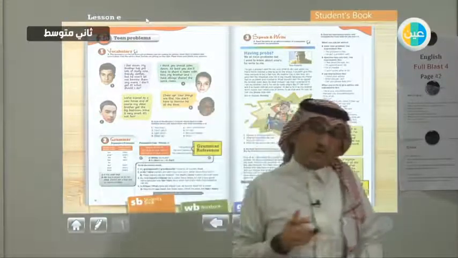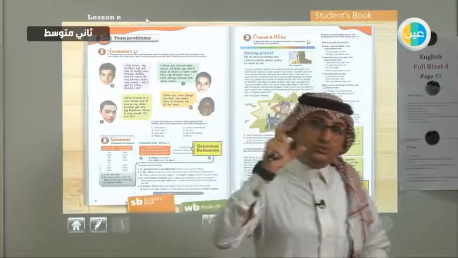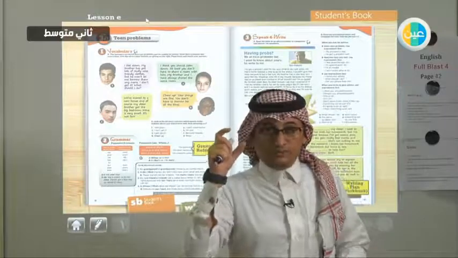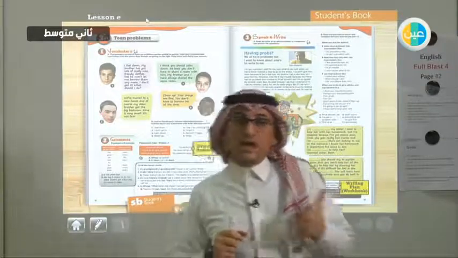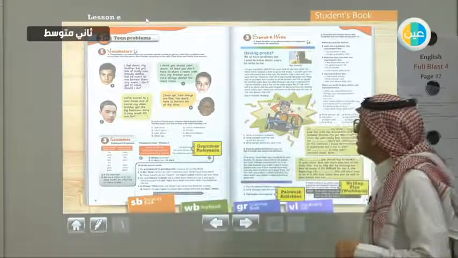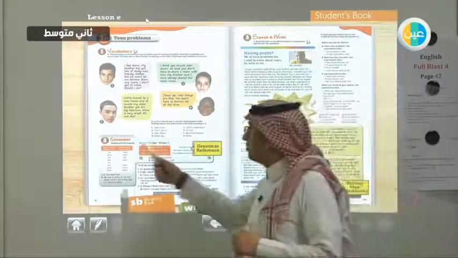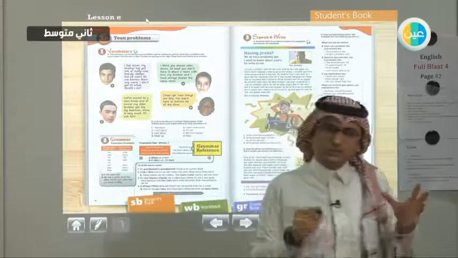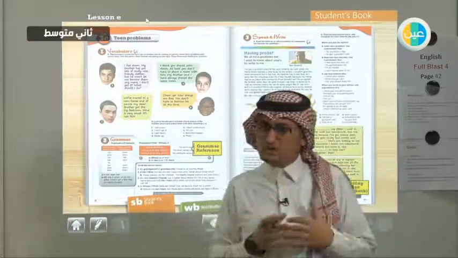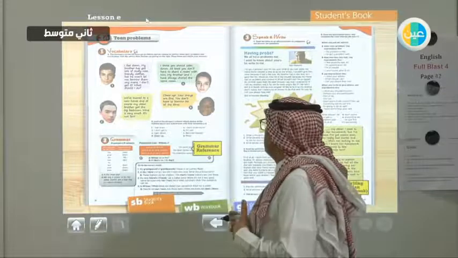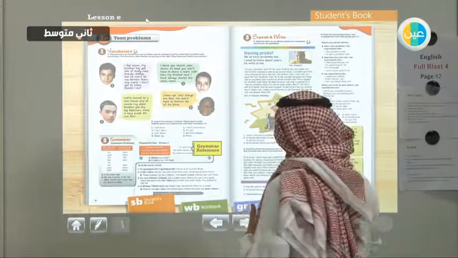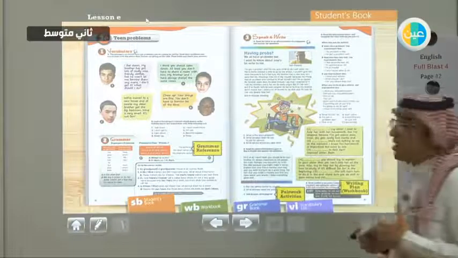Today, inshallah, we are going to talk about new vocabulary and phrases. And also we add some information about a grammar rule, which is talking about the possessive form, possessive case, or pronouns, okay. Let's start the first part of our lesson for today, which is talking about